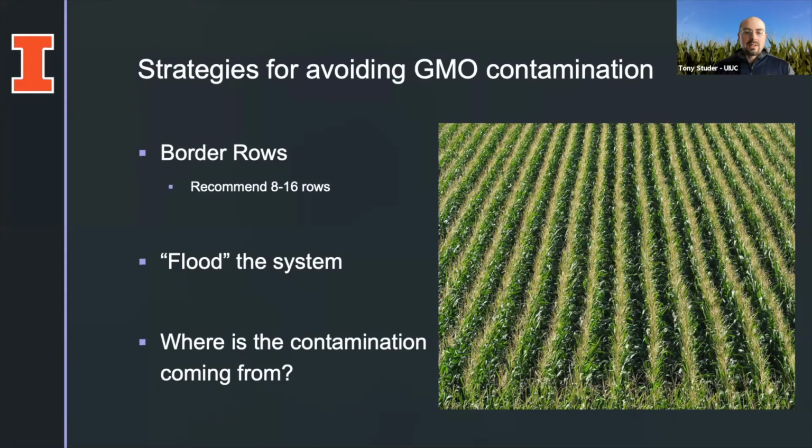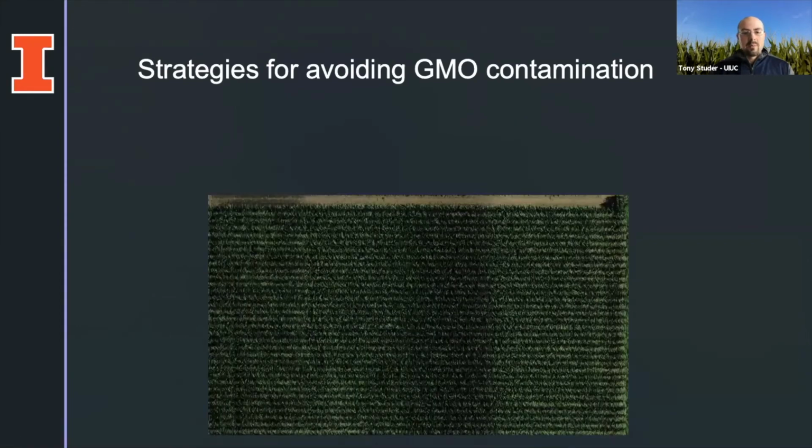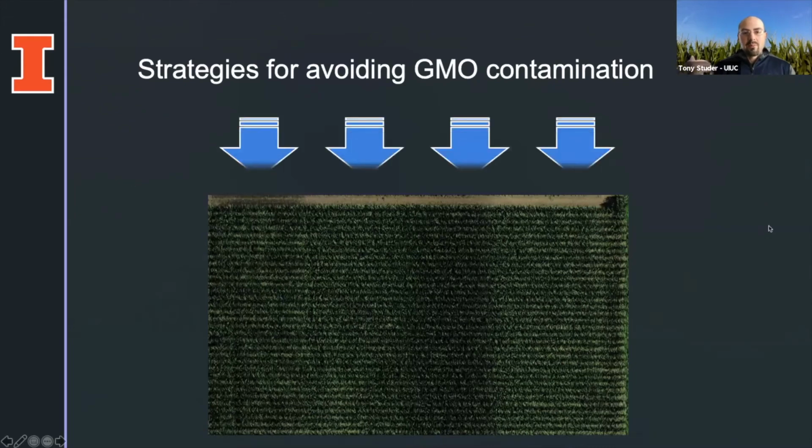The other thing I'd like to quickly point out is you also have to think about where contamination is coming from. So far I've been talking about outside contamination. If you think about this as your field and you have prevailing winds from this direction, you will find contamination, but each pollen grain is going to add sort of 1 point of contamination. So a pollen grain fertilizes a kernel. Say you've got a 300 kernel ear, so you need 3 kernels to hit a 1% contamination rate. However, if you've got